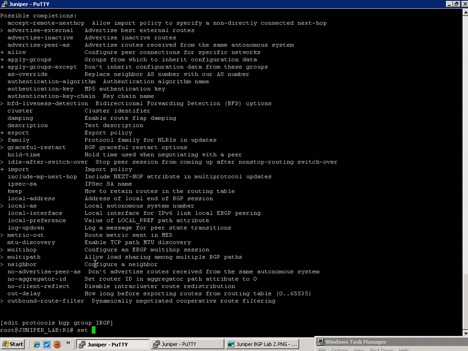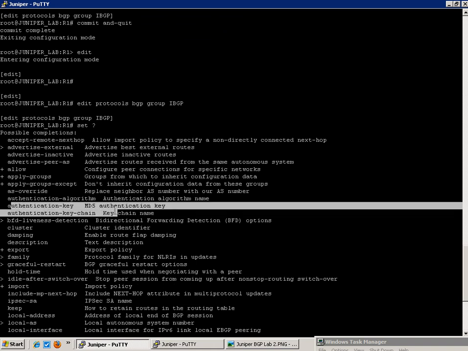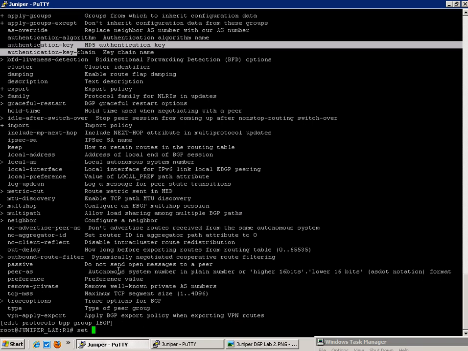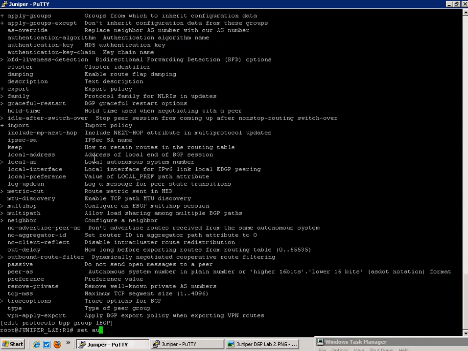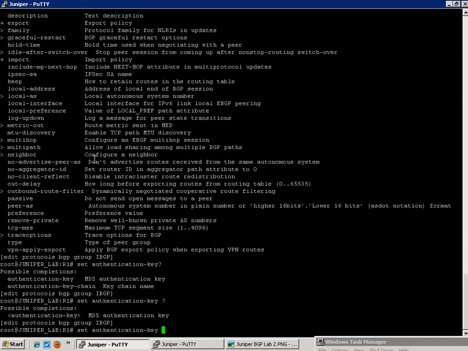If we do the command set space question mark, one of our first options we can see is authentication key and authentication keychain. So you can create keychains within BGP. However, in this lab we're just going to create a simple authentication key. So we'll do the command set authentication key, and then it's going to ask us for the MD5 authentication key. In this case we'll just name it Bowler CBT Labs